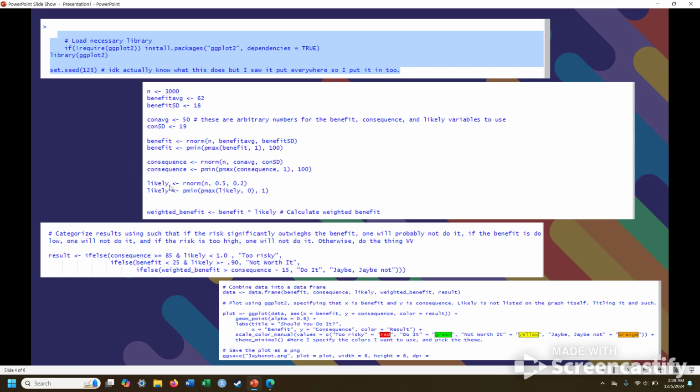Likelihood I'm using as a weight, so it will be between 0 and 1. And weighted benefit is benefit times likelihood, which is used to calculate the final variable. And then in the third section here, we have the primary if statement code, where you can set the parameters however you would like. In this case, we have